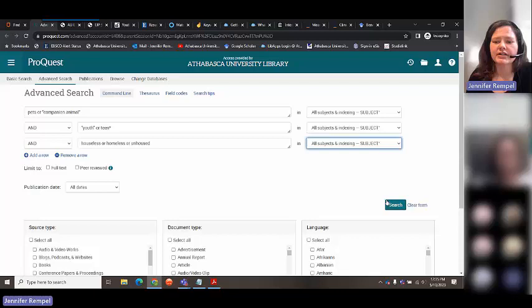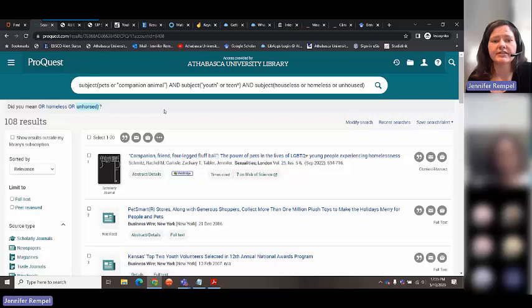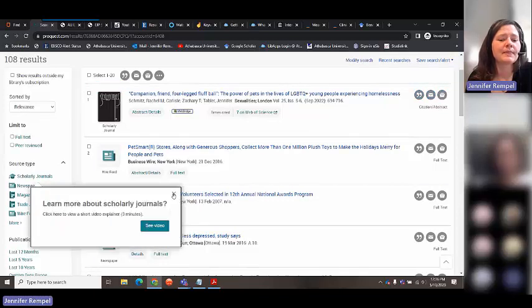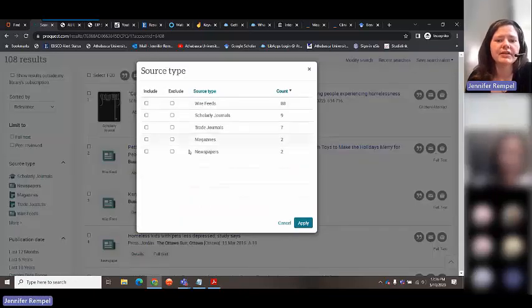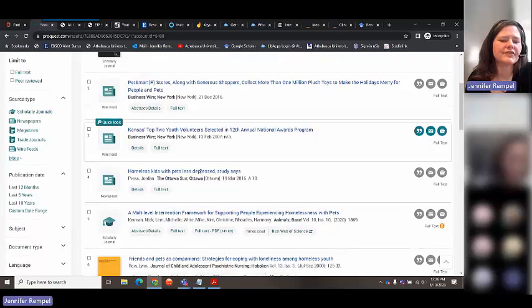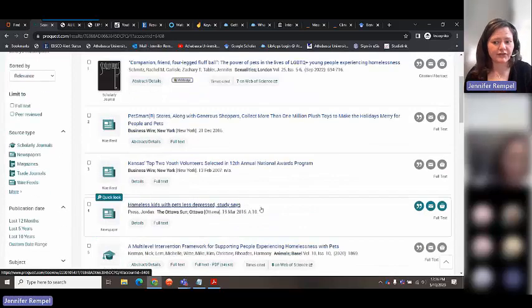So just a real quick search here, and I'll just show you what it looks like in ProQuest, because ProQuest is also extremely useful. Also good about ProQuest is it's all going to be full text, because these are only things, well, it's not entirely true, mostly things we have access to. What I also like is that you have access to dissertations and theses, which I don't know if there's any on this topic. It depends what you have, but again, scholarly journals, magazines, that kind of thing. So you're seeing some overlap, but some new stuff. And so we have wire feeds, scholarly materials. Okay, so less material because